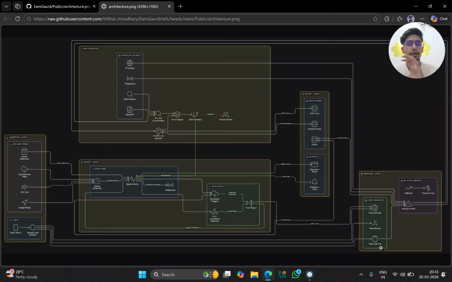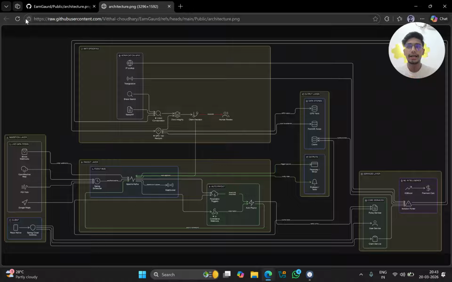Combining all those details, it will check whether fraud is happening or not. When the checks are ticked, there will be an auto payment to the rider using Razorpay and similar APIs. Auto payout will be done, and the premium will also be auto-debited from his account every week.